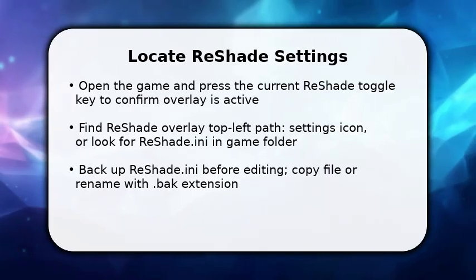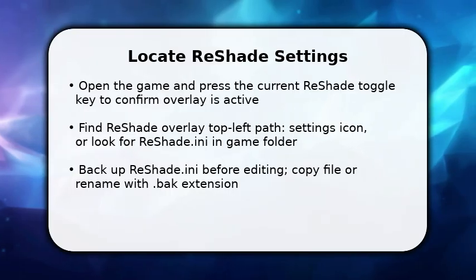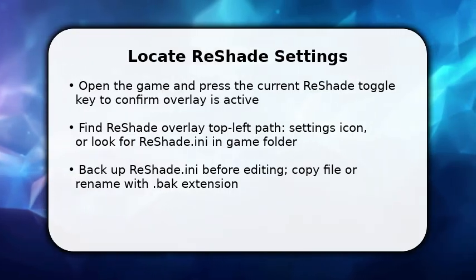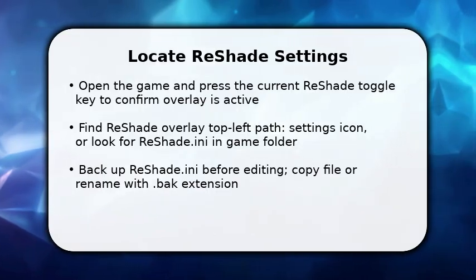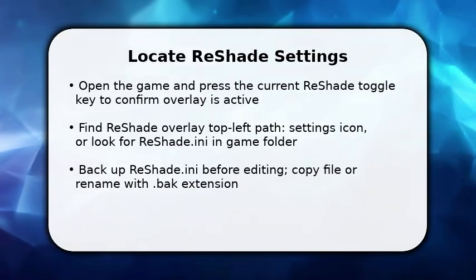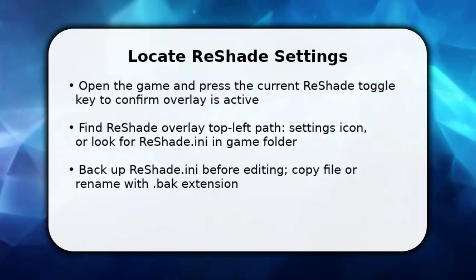You start by confirming Reshade is running in your game so you can change keys safely. Once the overlay appears, open the Reshade settings panel and note the active toggle key. This helps avoid conflicts. Now exit the game and locate the Reshade